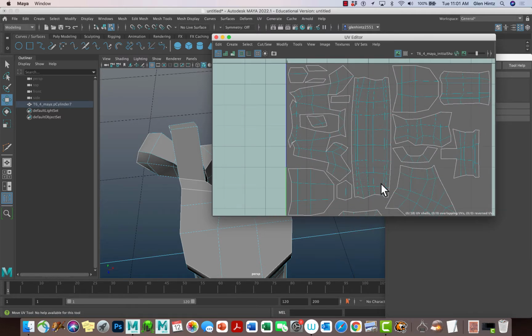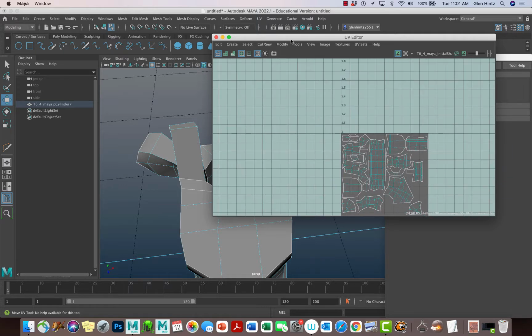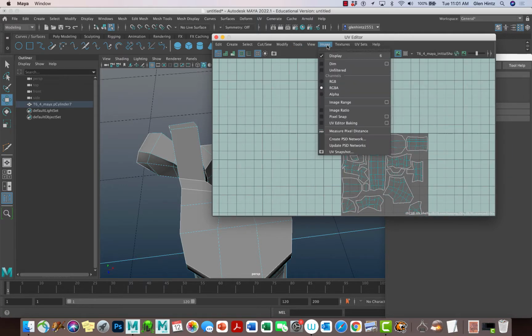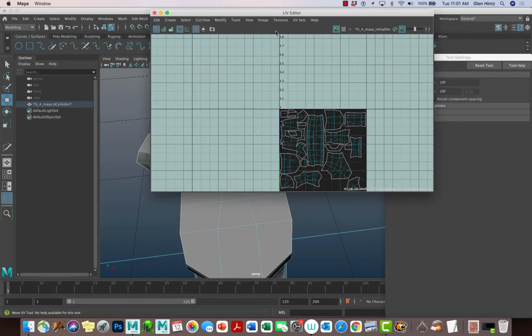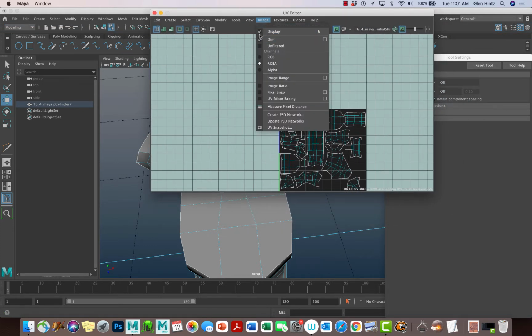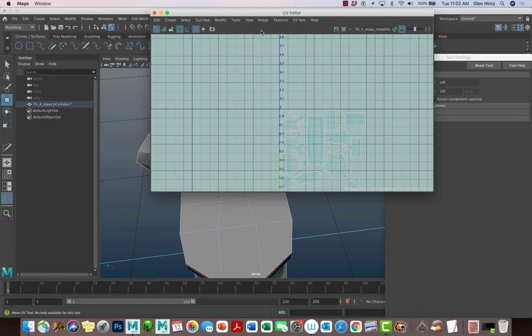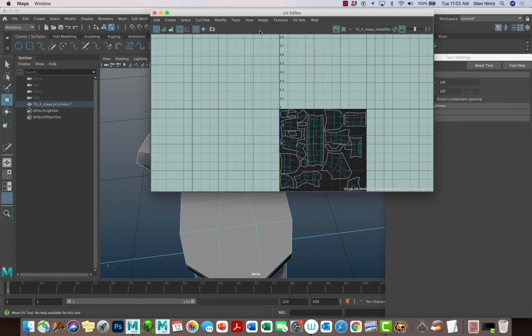Really no reason to do this, but it just somehow makes me feel more comfortable. I'm going to go under Image and Dim. Okay, I have to keep the image on if I want to see the darkness. Go to right mouse, UV shell. So what I want to put together next is the